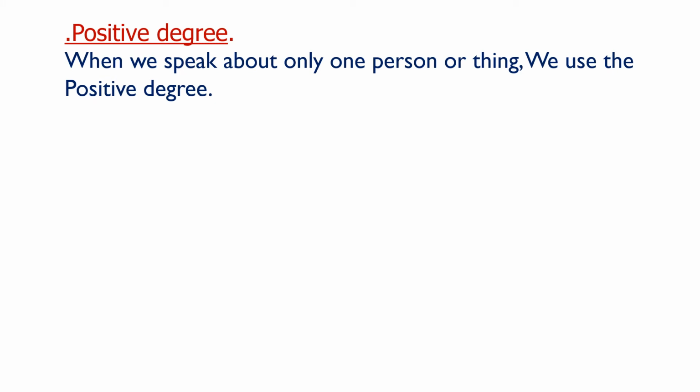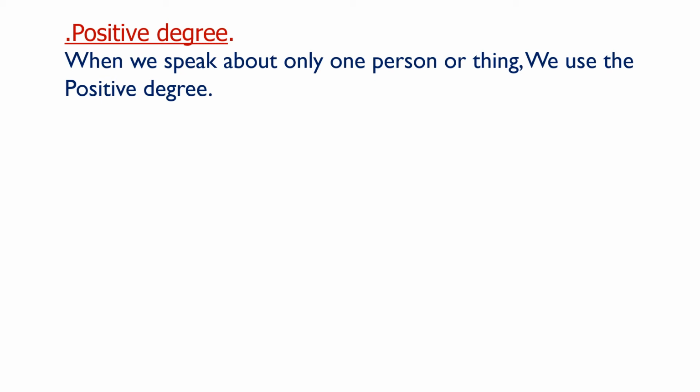Friends, till now we learned about adjectives and how the forms change in degrees of comparison. Remember friends, we use degrees of comparison only with adjectives because adjectives only refer to the nature of the noun. So let us learn about the degrees of comparison briefly with examples. Positive degree. This is the first degree of comparison.